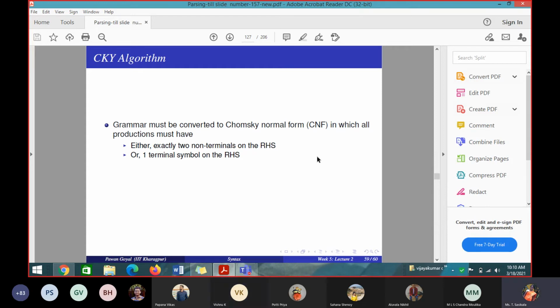Chomsky normal form is normalizing the given grammar using some constraints. When you convert the given grammar using those constraints, that grammar we call a Chomsky normal form. It satisfies the Chomsky normal form. Once a grammar satisfies the Chomsky normal form, I can apply the CKY algorithm and find out whether the sentence is grammatical or not, and I can construct a parse tree.